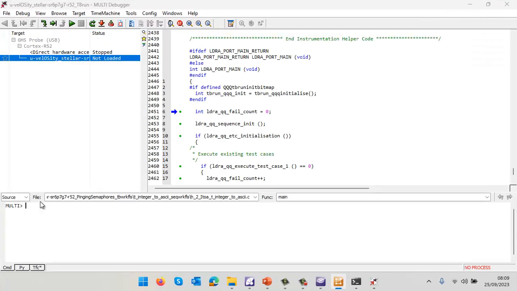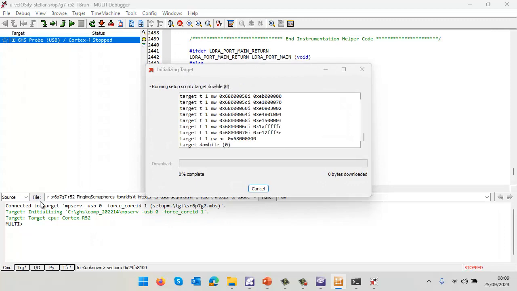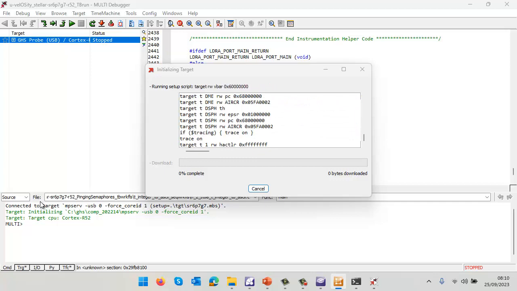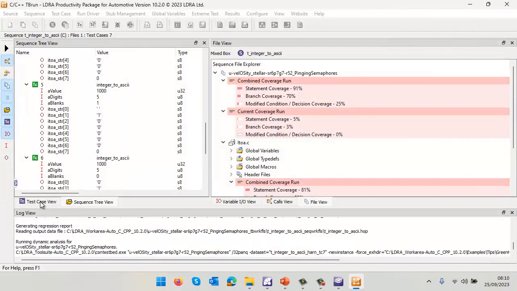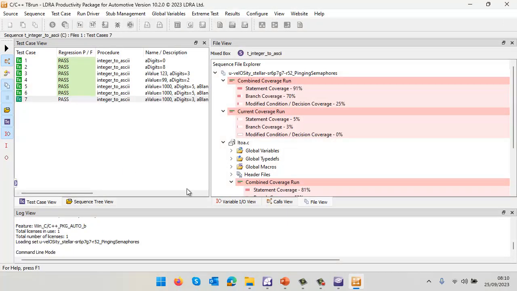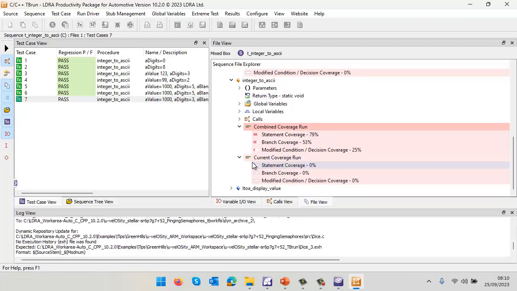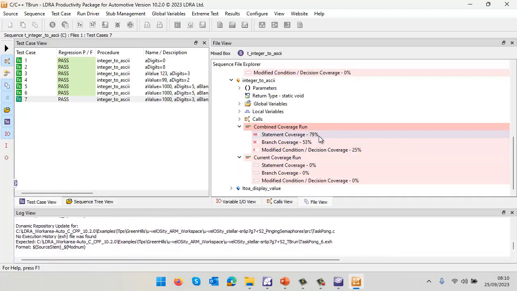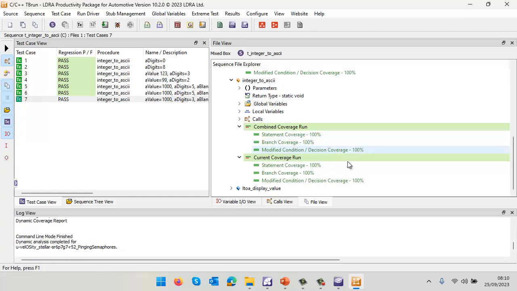So that's now generated a program, built it, downloaded it to the target, and we're running on the target. We're going to get the results back, and hopefully we'll find that all our tests have passed. Okay, that's just uploading the results now, and there we can see yes, all my tests have passed. Let's take a look at the coverage. There we have the integer to ASCII function. Previously we had 79% statement coverage, 25% MCDC. Now we can see on this particular run we've got 100% coverage,